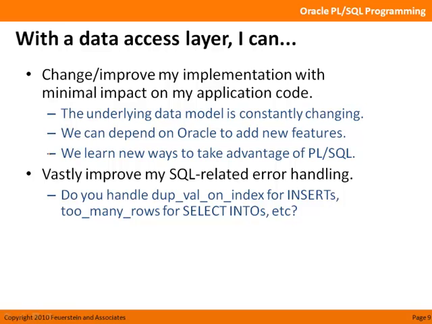Second, vastly improve your SQL-related error handling. Right now, I think that most of us basically rationalize away doing very good error handling for our DML operations. For example, when I do an insert into my table, I really should check for null column values, dup_val_on_index, etc. But what I usually do is rationalize and say things like, well, it's never going to raise a dup_val_on_index error because I've got a primary key and unique indexes in place. And it's never going to raise a null column value error because the Java program is going to make sure that there's always a value.